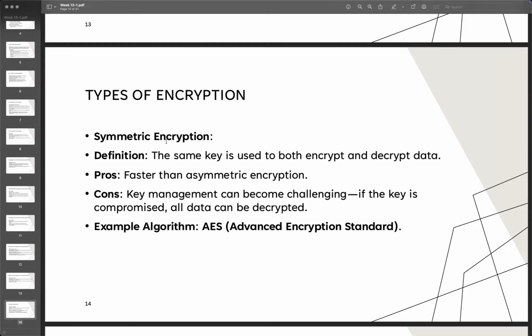For the symmetric one, we are sharing the same key. So to encrypt and then decrypt the data, we use the same key. The advantage is that it is faster. But on the downside, because we are using the same key, key management will be challenging, because if the key is compromised, all the data will be decrypted. Also, if we are sending the encryption key, which is also your decryption key because it's the same one,